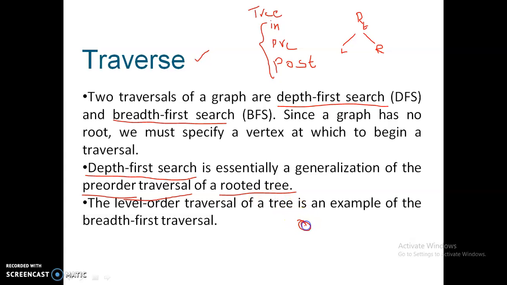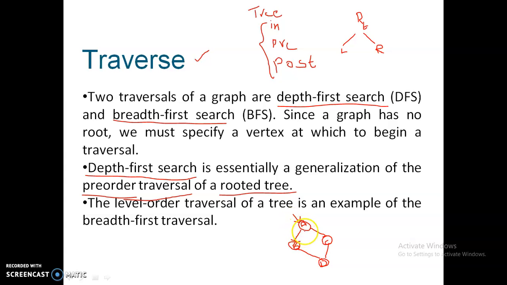Say, for example, there is a vertex A and there are two other vertices, B and C, and there is another vertex D. Say this is the graph, and I start from A to traverse in depth first search.